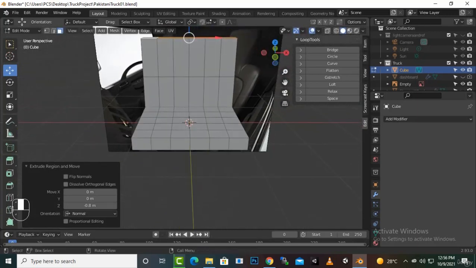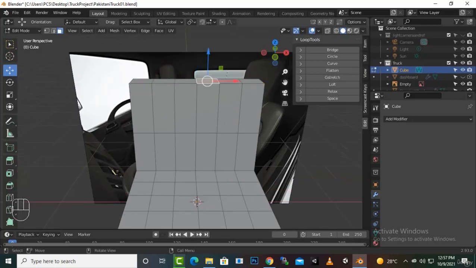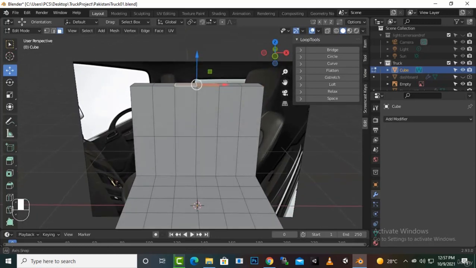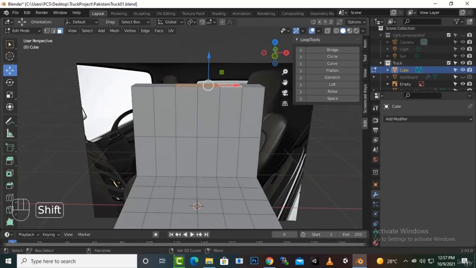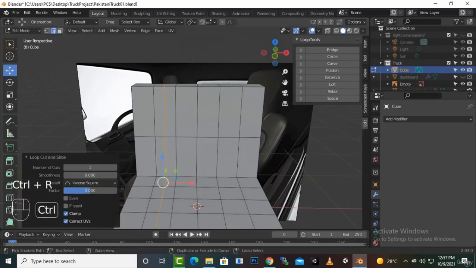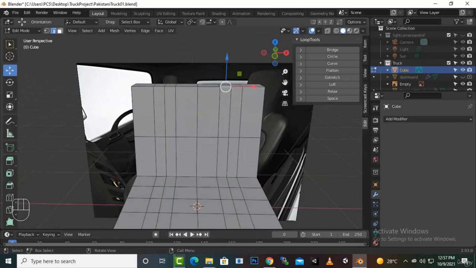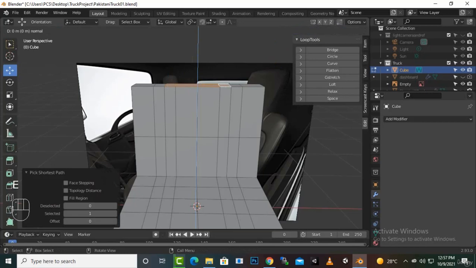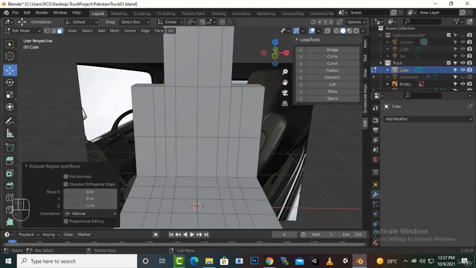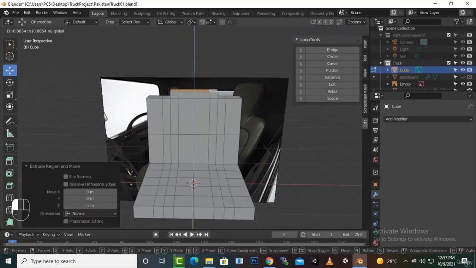Now we will select the middle two polygons, this one and this one, and I think this one as well, or maybe we can create a loop here and here as well. We can select polygons till here, and then we can press E. A small section, a very small extrusion we need initially,